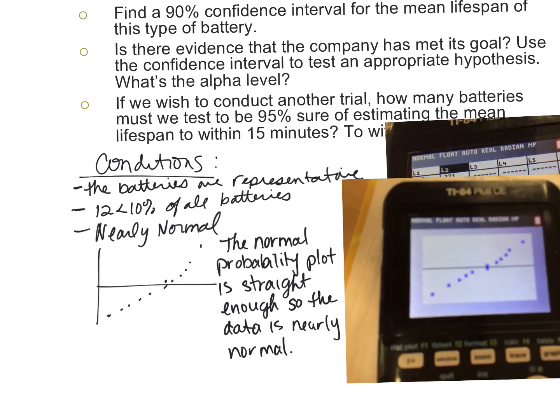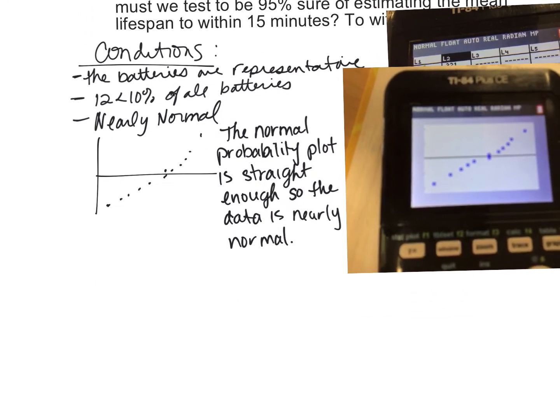Now, if both of them are curved, but our sample size is large enough, we can still continue using the central limit theorem. Remember that if n is greater than 25, then you can use the central limit theorem to proceed. But our graph is straight enough, so we're good to go. So since conditions are met,